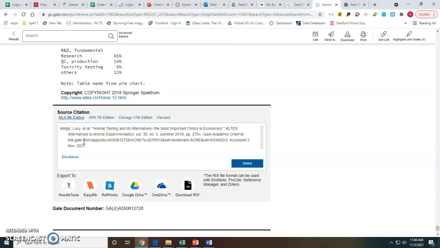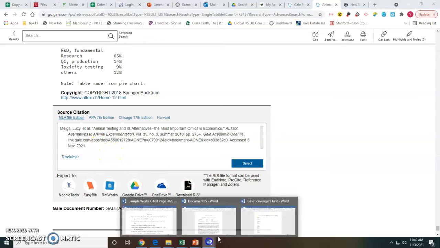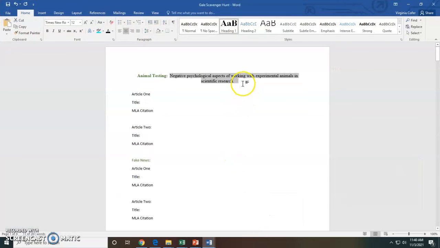It's already done for you, and it's in the latest MLA edition. It's even more current than the Purdue website, which currently has the 8th edition available. So you've got it all right there for you. Copy and paste it. On the assignment, you have animal